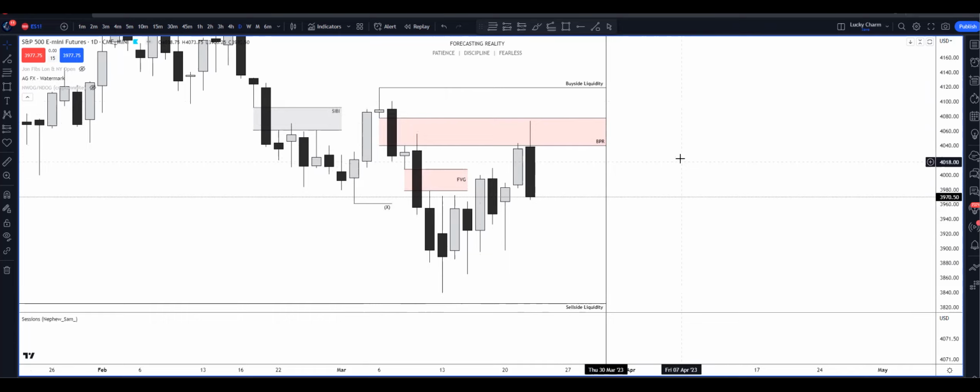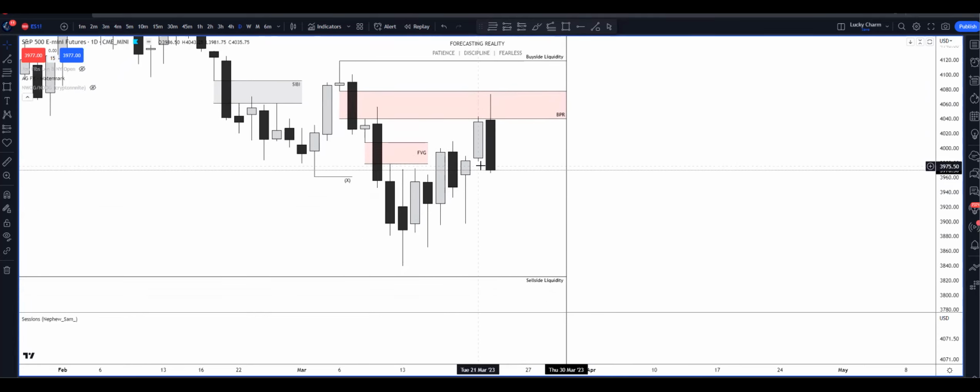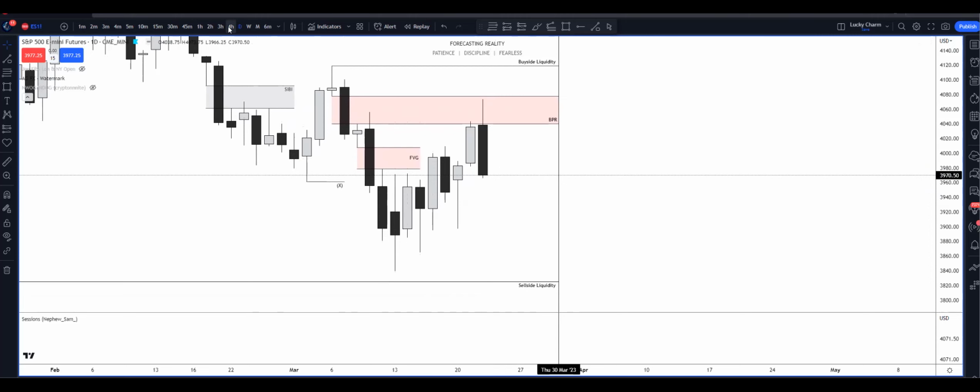Overall, I'm still looking for lower prices. I did state that if you look at the dollar index and the SMT chart on the daily time frame, there was a bullish SMT that was potentially leading to the run up in the beginning of this week. After today and looking at the close of it, I believe we could continue to see lower prices. I'll get into that at the later portion of the video as far as what I see for the rest of the week. But let's go into